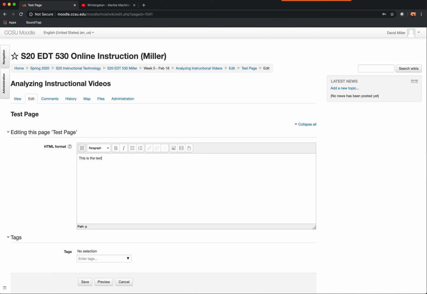So this is the text for the page. If I want to have a link back to that instructions page, I could say something like go back to bracket bracket instructions bracket bracket page. If you're linking to an existing page, you've got to make sure that the text you're using is the exact name of the other page. Otherwise, it'll think you're trying to create a new page. But if I do this and then save it,